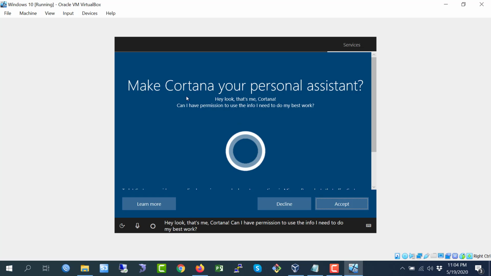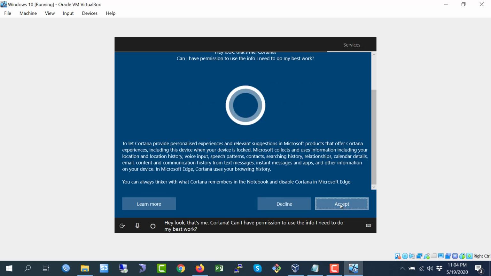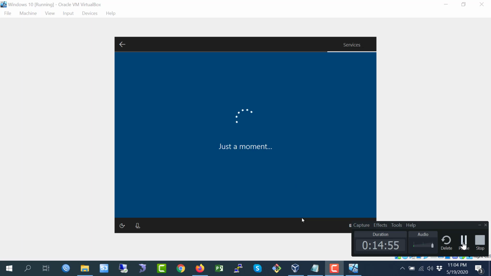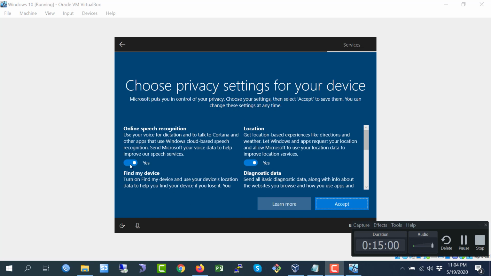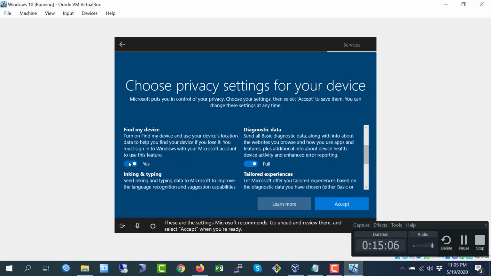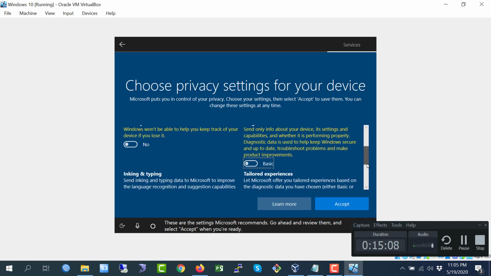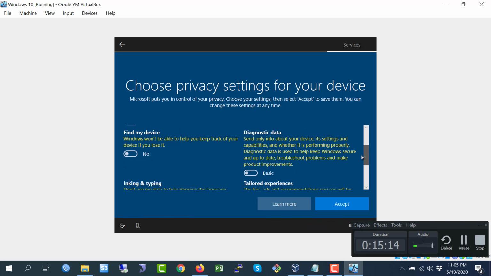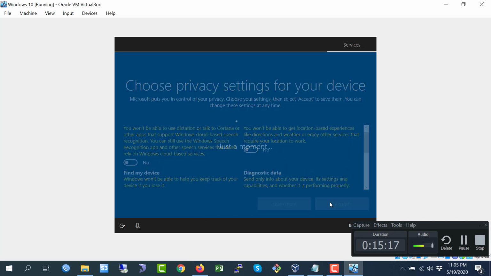Okay, make your personal assistant, just click on accept. Here choose privacy settings, all privacy settings. Now I am going to disable them. Then all privacy, just go to accept.